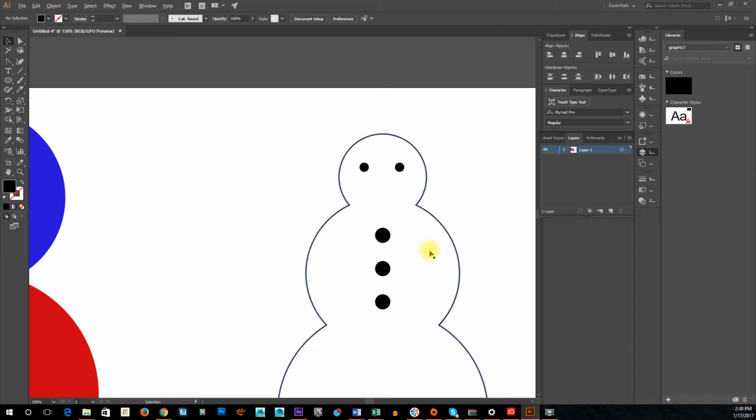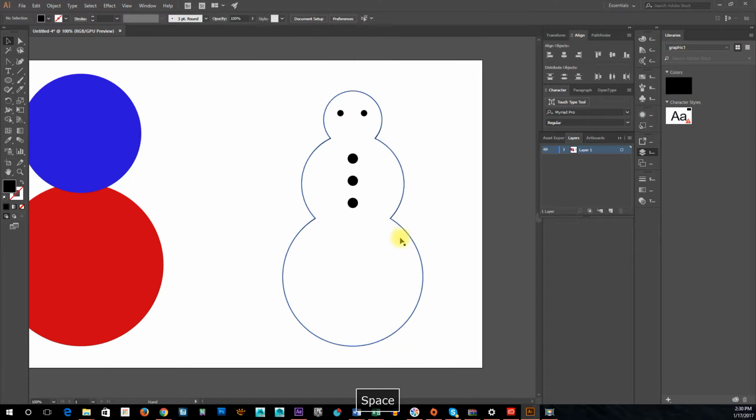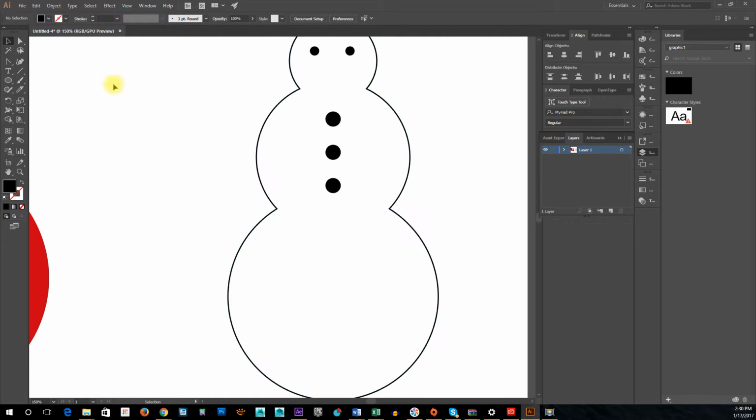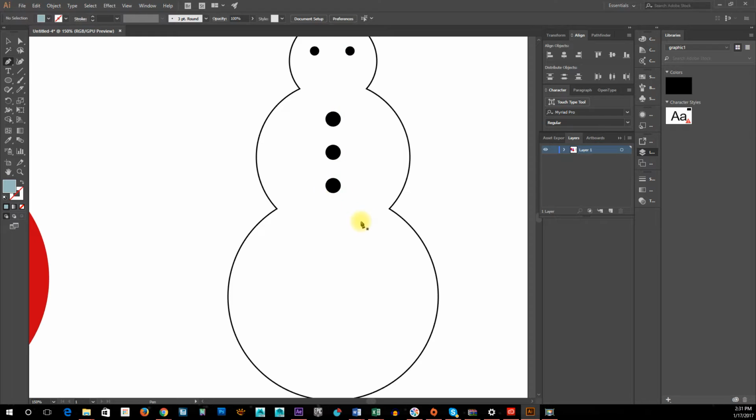See? And then just continue and illustrate him any way that I want. And if I wanted to make him look a little more dimensional, that's where I could go in and use my pen tool. Choose something like a little bit of a bluish gray. Desaturate that a little, make it a little cooler. And then with that pen tool, I could just go in and start to add